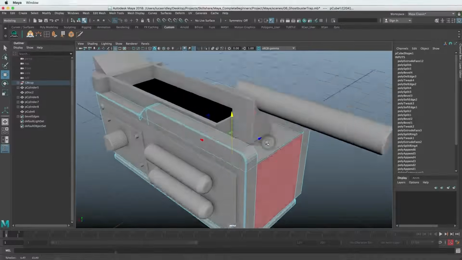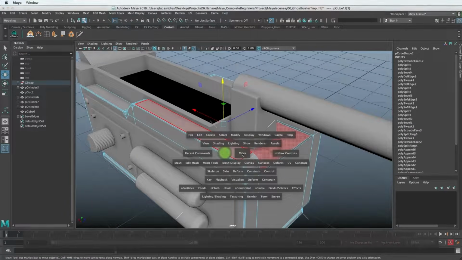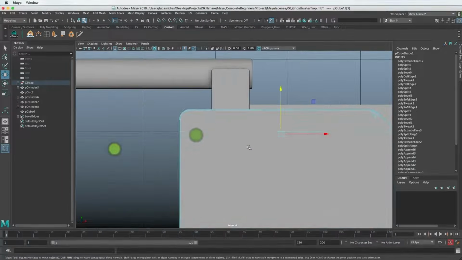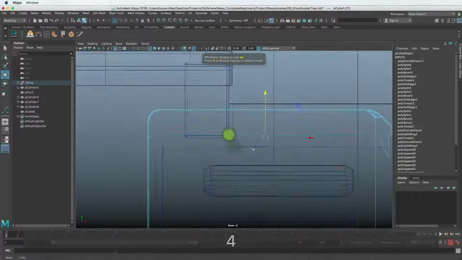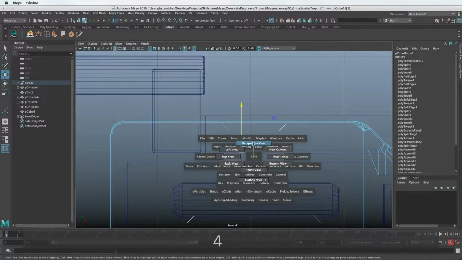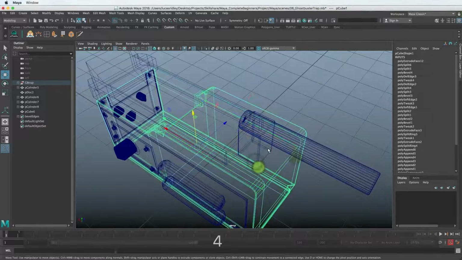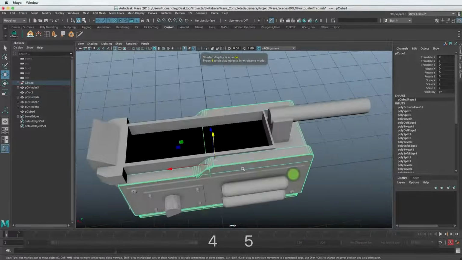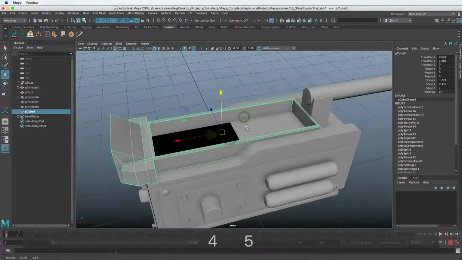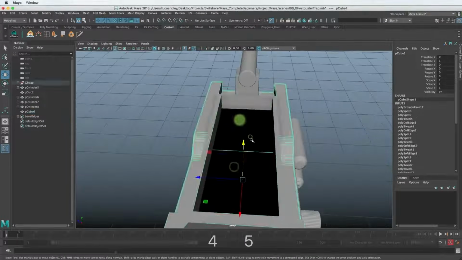Actually, I lost my selection there, so I'm going to go back to select that, go to the front view, and we can hit 4 to get the sideways view and just drag that back up to be even. Go back to perspective mode, right click to go to object mode, hit 5, and now we can see we have a deeper hole here.